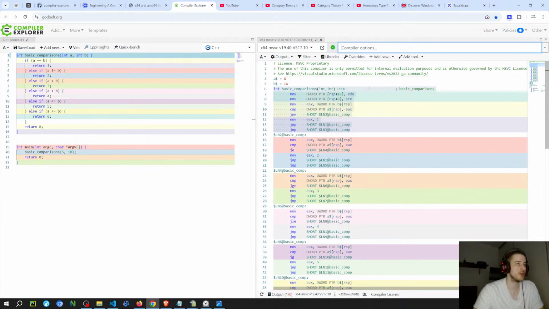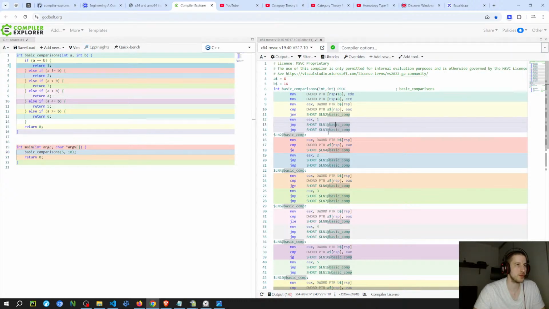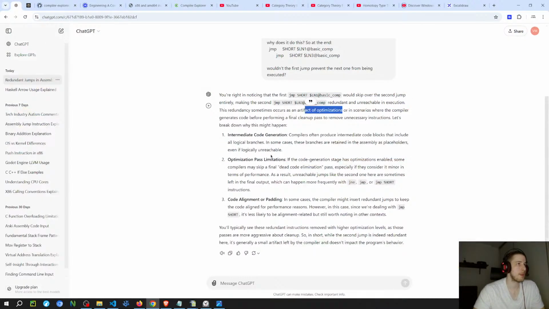But I think O3 is for Clang, or GCC, I don't remember really well. But I know for sure that there are flags on MSVC to optimize the output. So I think because I'm not using any flags, in some situations it probably generates redundant code. There's a lack of optimizations. But I think it is correct to say that it's not going to execute the second jump. Yeah, it executes only the first one.